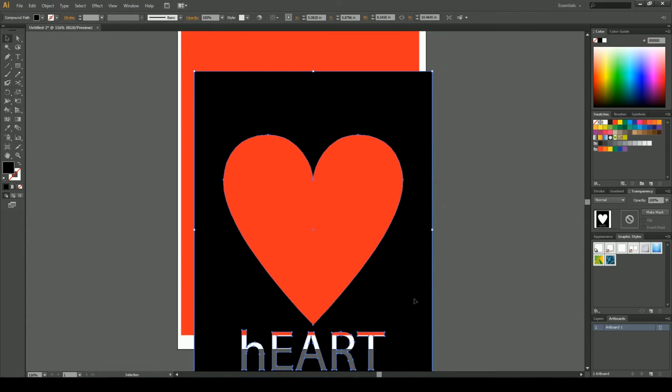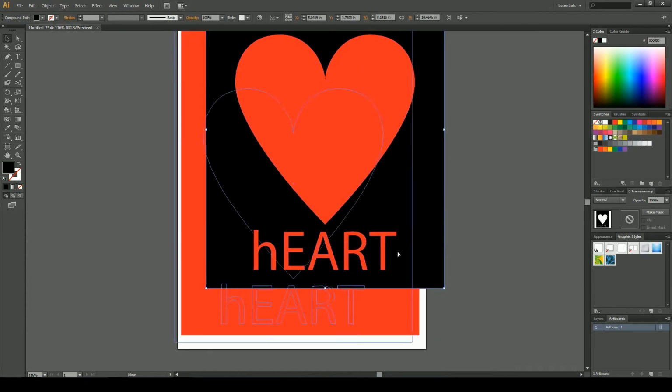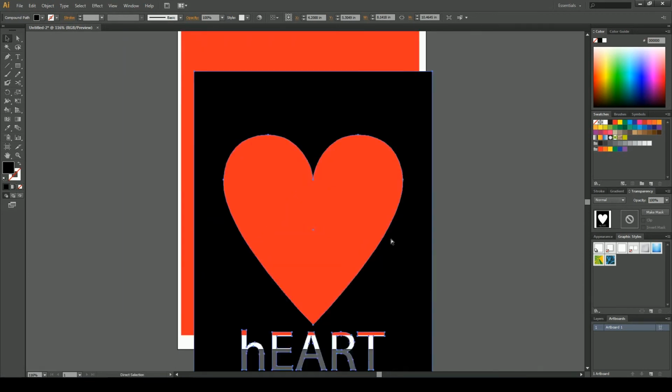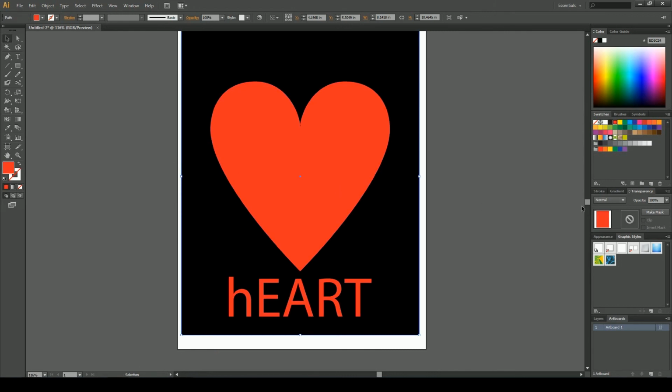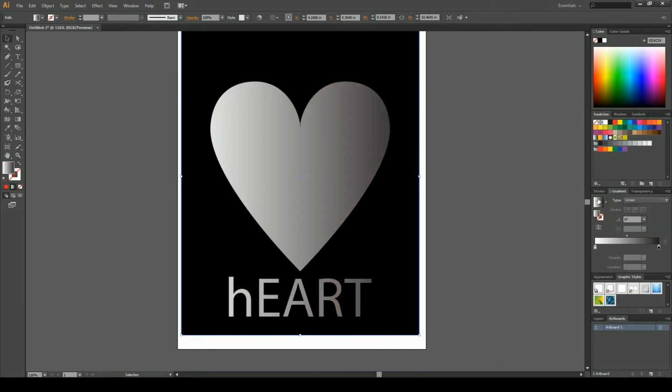Move it around, move it as much as you want, add new things in the background, even turn this into a gradient. And there's tons of options for something like this. Play around